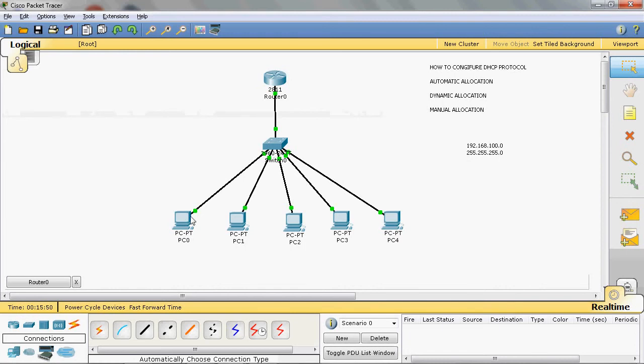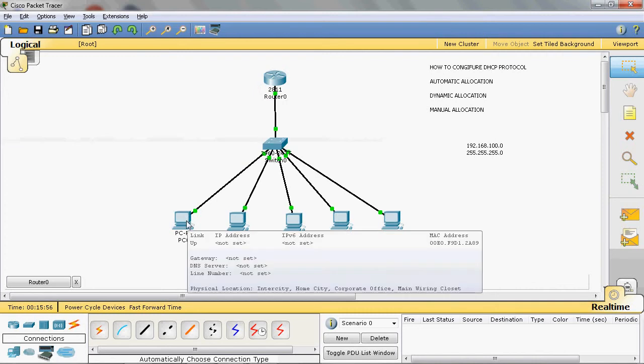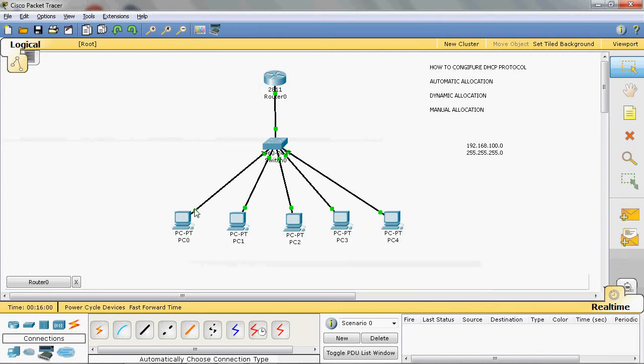Then again the PC sends a DHCP request message. Then router 0, the DHCP server, sends a DHCP acknowledgement. Finally the PC gets that IP address. The DHCP server finally assigns the IP address to that host. It is done in a background process.